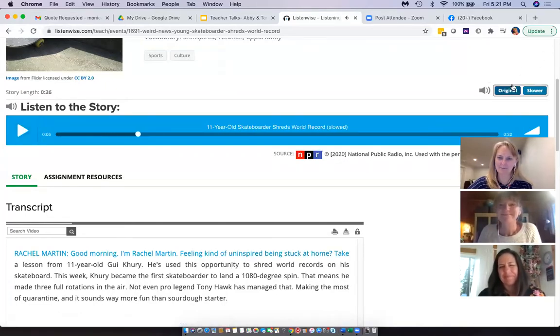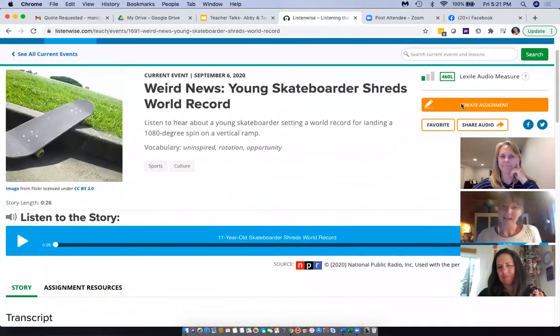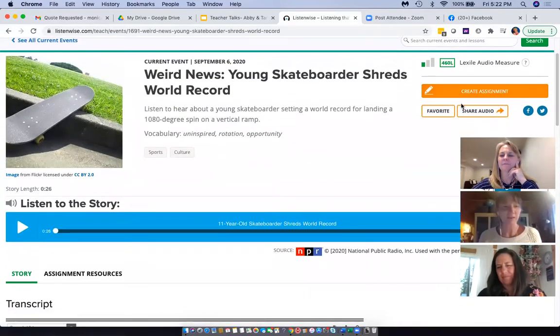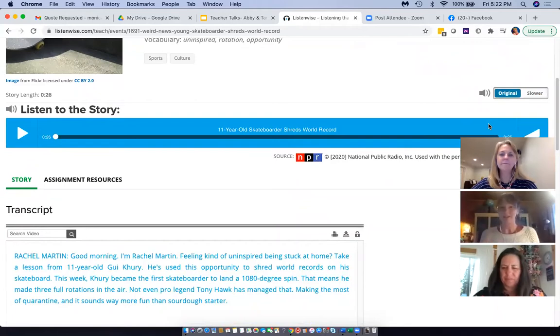So you get a sense of what it sounds like slowed down. Okay, so carry on. Then what did you do with this lesson, with this listening? So we were using a strategy, well, sort of a modified strategy of a scaffolded retell. So the first time we listened to it together in the slow format, I have the transcript visible for them, and they just listen quietly and don't have to do anything else.